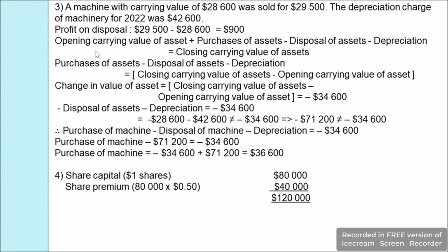This means there was some additional purchase of machinery, and this we will calculate by using the formula: opening carrying value of asset plus purchases of asset minus disposal of asset minus depreciation is equal to the closing carrying value of asset. When we transpose the opening carrying value of asset to the other side, it will be purchases of asset minus disposal of asset minus depreciation is equal to closing carrying value of asset minus the opening carrying value of asset. This is given in our information, that is, the change in the value of machinery was equal to closing carrying value of asset minus the opening carrying value of asset, and this was given as a decrease of